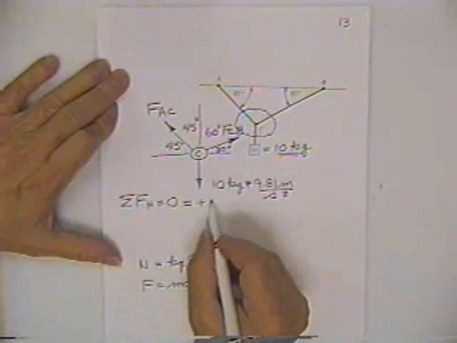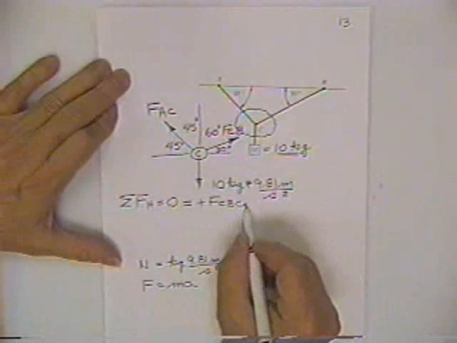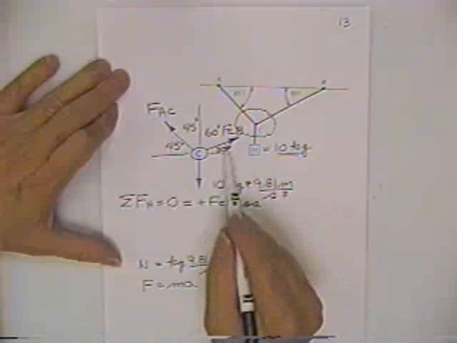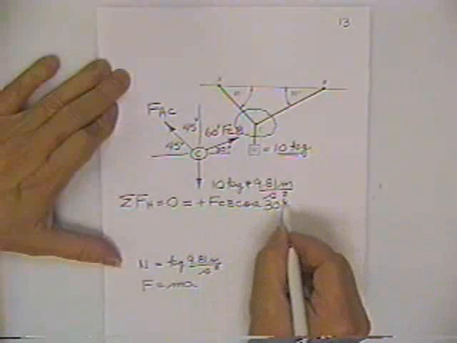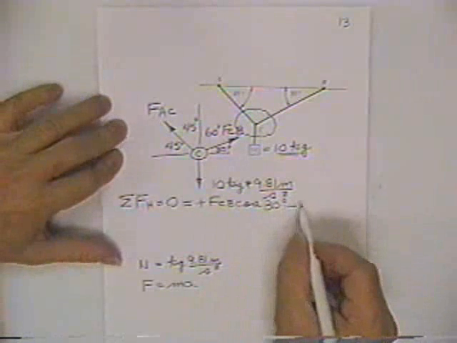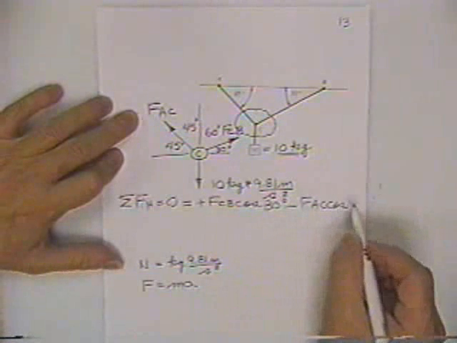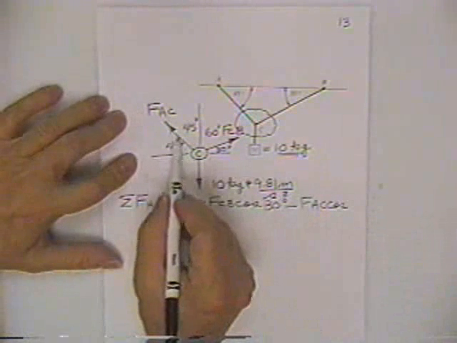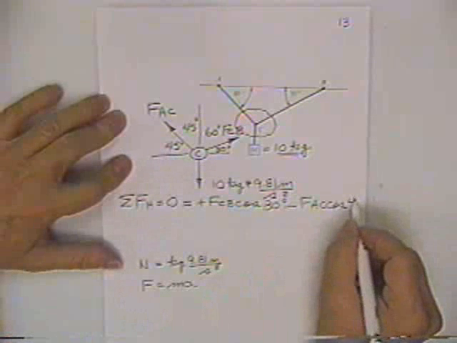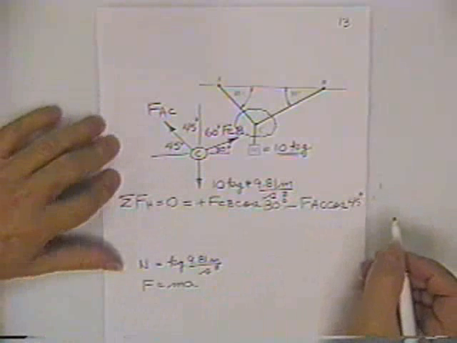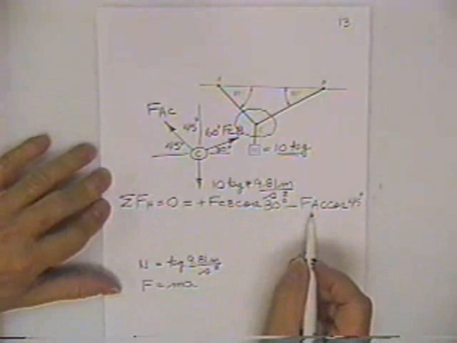Plus, since he's going to the right, the force in member CB times the cosine of the angle between the force and the direction we are discussing, 30 degrees, minus the force in member AC times the cosine of the angle between the force and the direction under discussion, 45 degrees. But we have one equation with two unknowns, and therefore we're going to have to get another equation in order